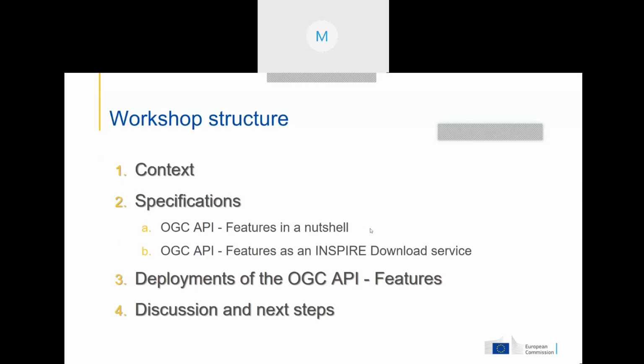And then, in order to keep it real, as mentioned, we will focus on different deployments of the OGC API Features, which are very interesting. They are in different application domains from different countries, and they're also using very different technologies, and there are different architectural styles and architectural decisions that were made for deploying the actual standards. Then we finalize the workshop with a short discussion and some information on the next steps. So that's it for today.